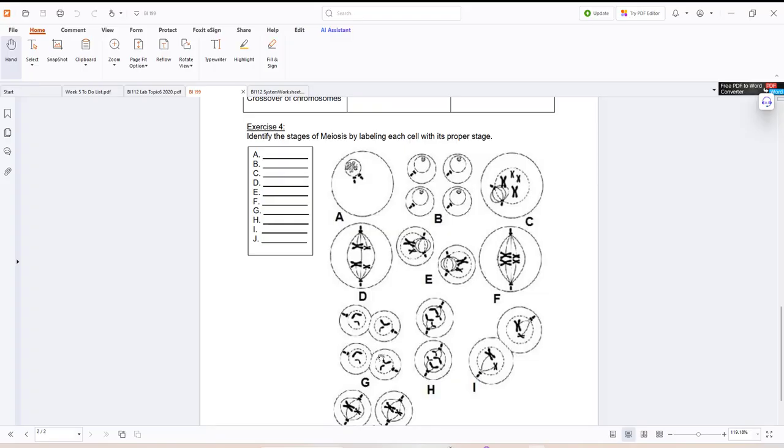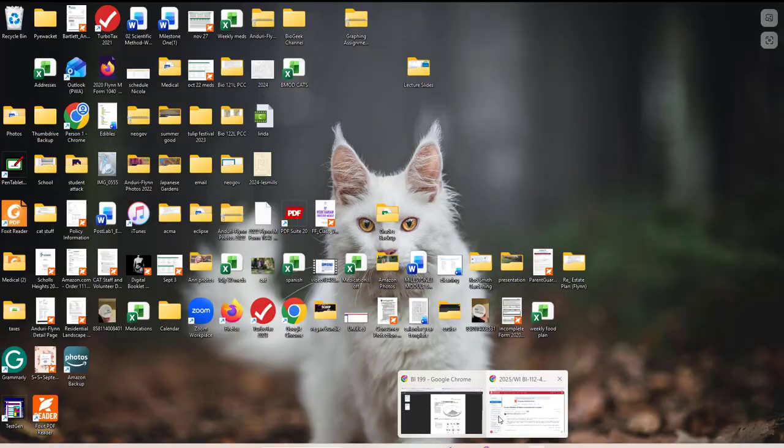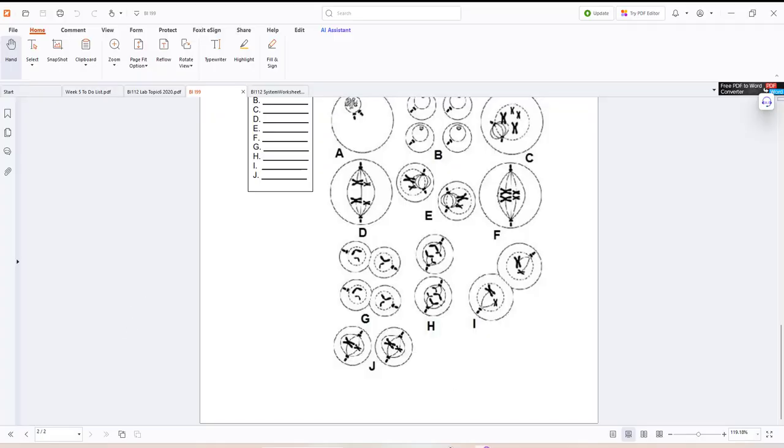Also, make sure you're paying attention to whether you're looking at homologous chromosomes versus sister chromatids, okay, that kind of thing. So when you're writing down which stage it is in, make sure that for the meiotic stage, if it's, for example, metaphase, you include whether it's metaphase 1 or metaphase 2. So you'll have to include which stage. Okay, so that is it for our worksheet here. Once you've completed the worksheet, you'll go ahead and submit it for points.